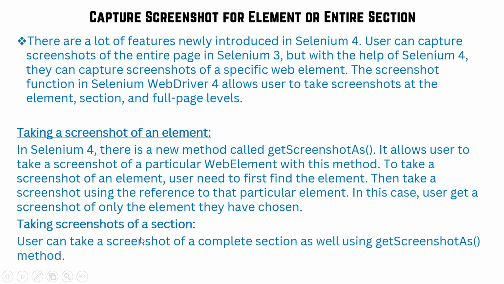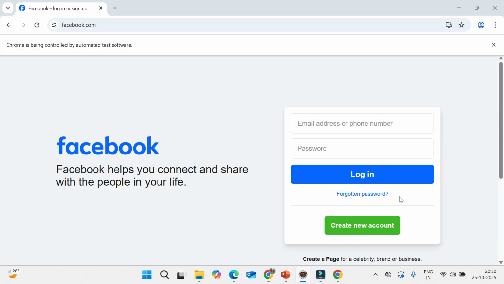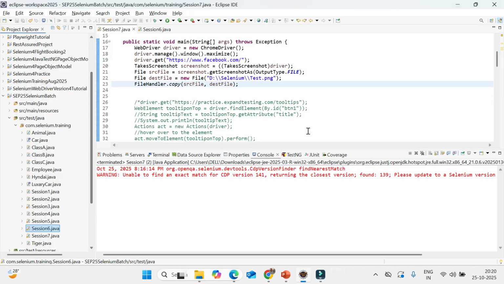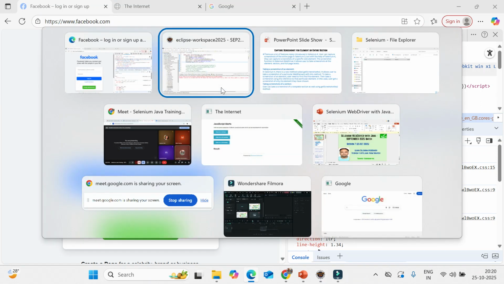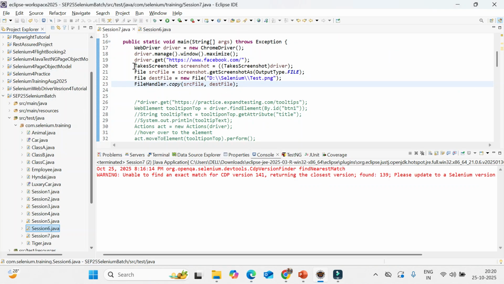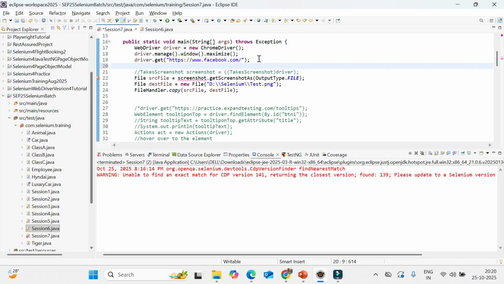Okay, so how can you do it? In the Facebook page itself, let's open the Facebook page again. Let's comment out this part. No, that's fine. Let's do it. I just do not require this part in case I want to take the screenshot fully. Instead of that, what I can do,